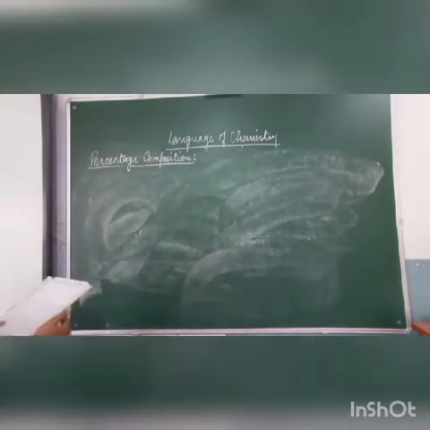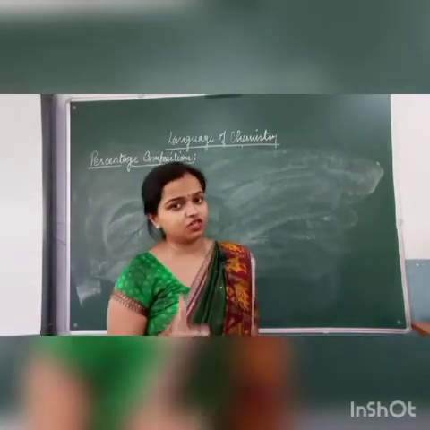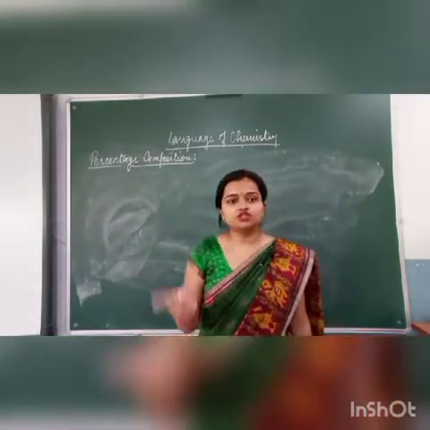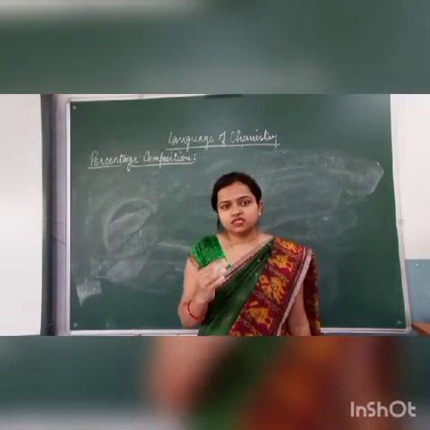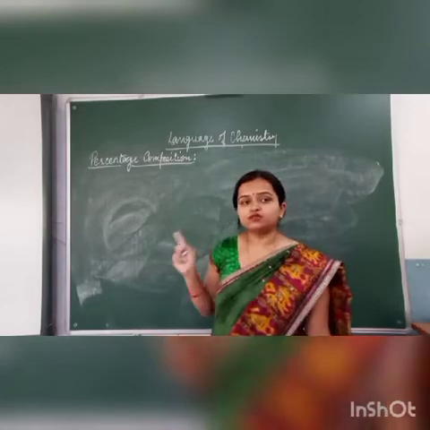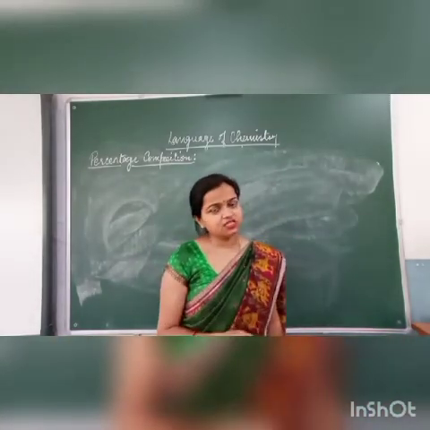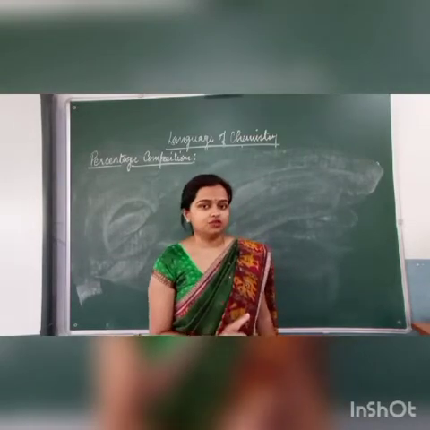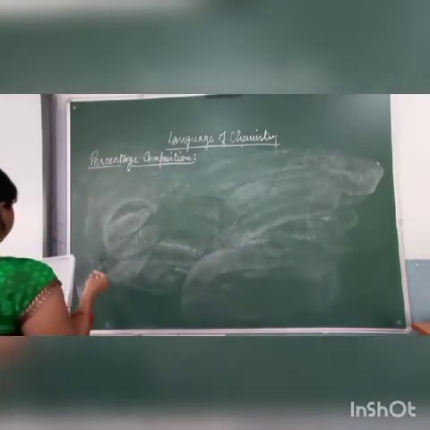Now in this question, what are the steps you have to follow? First step, you have to calculate the molecular mass, and second step, you have to calculate the composition of the separate elements. In the first question, the composition of carbon dioxide is given. So first you will calculate the relative atomic mass, then you will calculate the composition of carbon, and then you will calculate the composition of oxygen. So see how it will be.